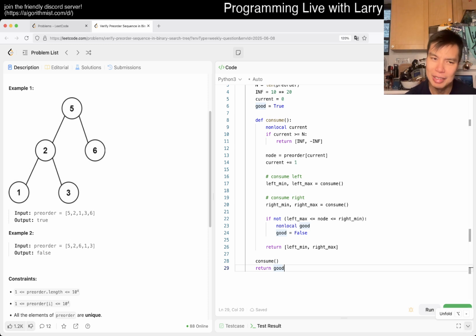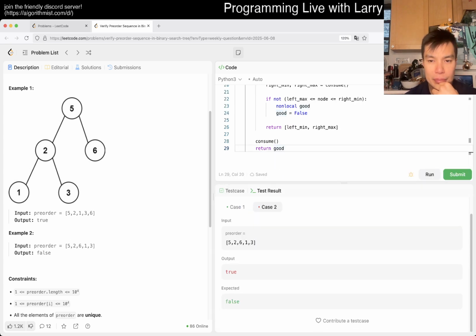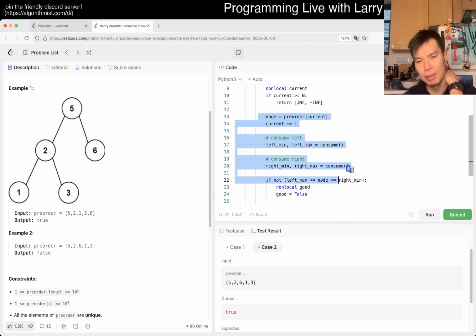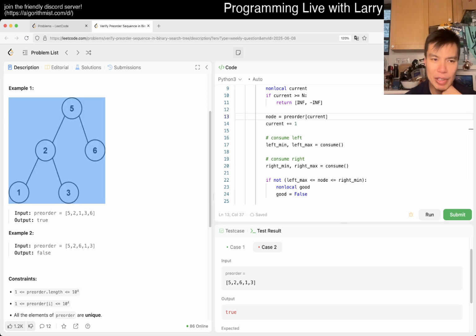How did I do it? And maybe today I'm just not thinking right. But okay, so this is recursive and looks good, but we have to make sure that, because we have to figure out, like, okay, let's say we have this one, right? We have to figure out that